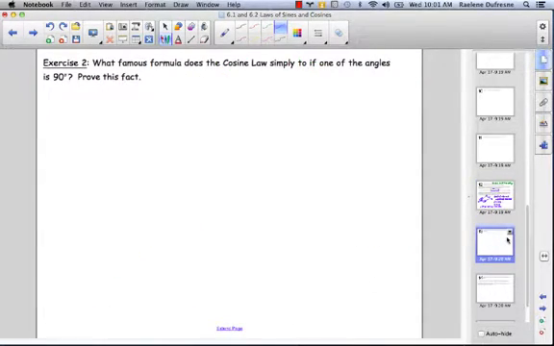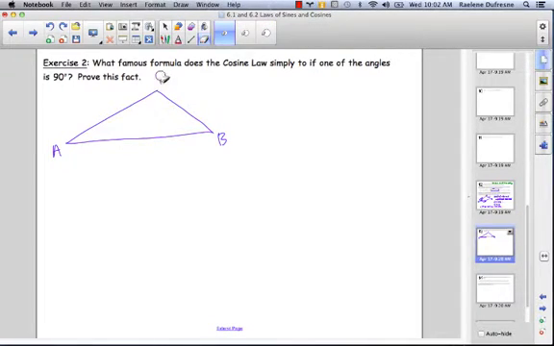In exercise 2, we are asked, what famous formula does the cosine law simplify to if one of the angles is 90 degrees? So if we draw our picture like this, we have A, B here, C here, and then this is length C, this is length B, length A, and we're going to let C be 90 degrees. If that's the case, then the cosine law says